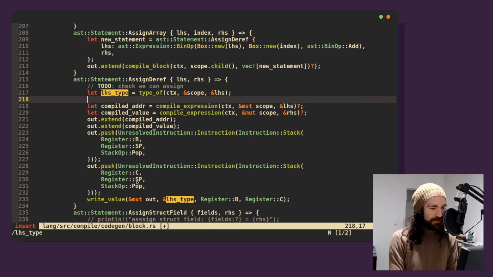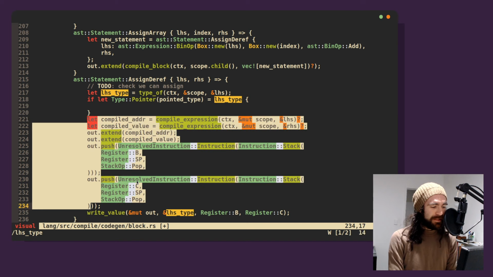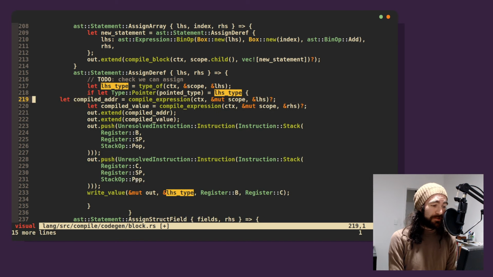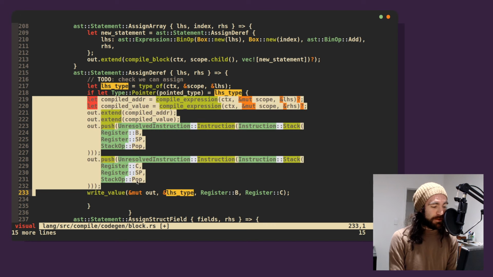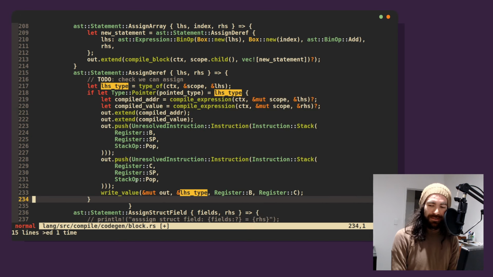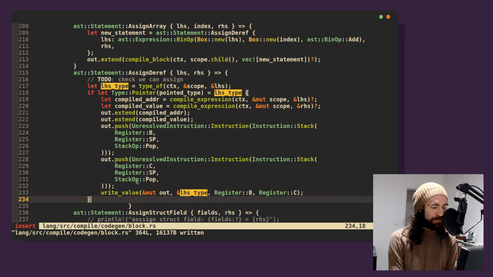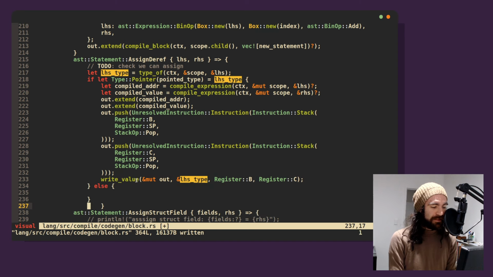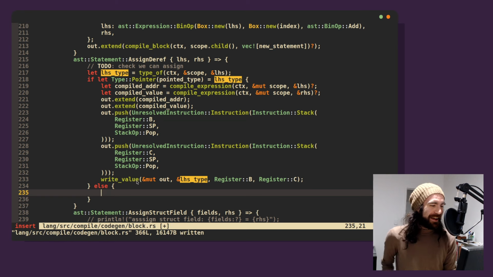We need to, very critically actually, we should say if let some, if type... right, so we're gonna do this test. We're gonna move everything inside of here because if this thing's not a pointer, we should in fact not write to it. Otherwise, we're just doing nonsense. You don't want to write to things that aren't pointers. That's when your things break. That's when you blue screen of death every Windows computer, like 10,000 Windows computers on a Friday.